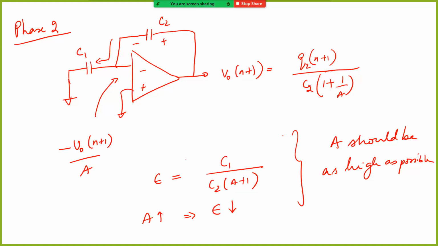And so how will you improve slew rate? There is only one known way to improve slew rate. Okay, there are other ways also, but the standard straightforward way is to basically increase the current. Right? You can have some additional transistors to help you during the slew rate and other things, but they will also come and affect your gain and so on.